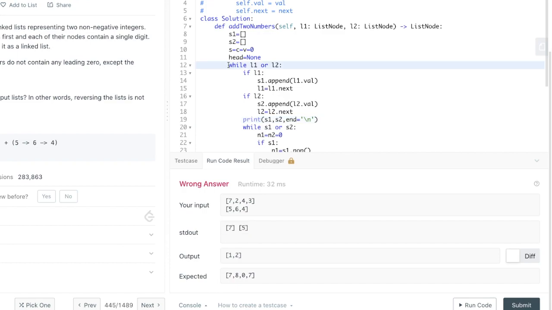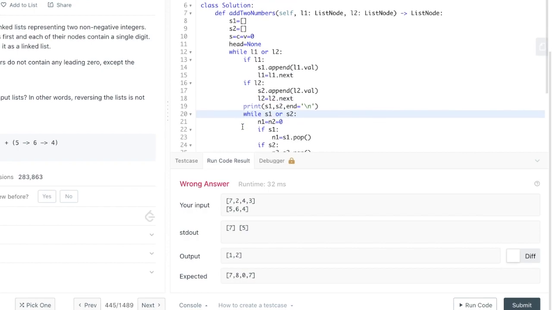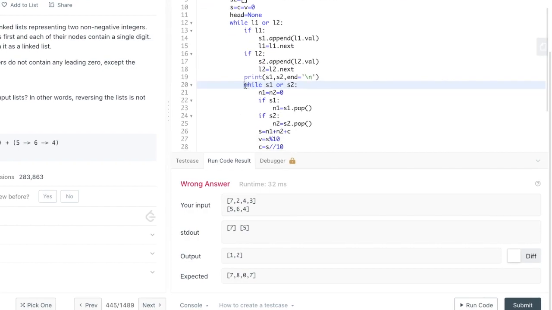So initially we have iterated L1 and L2. We are checking whether L1 is okay: S1 dot append L1 dot val, and we have moved forward. After that we are checking L2, means S2 dot append L2 dot val, and we have moved forward. Okay, we have to write this logic out of the while loop.